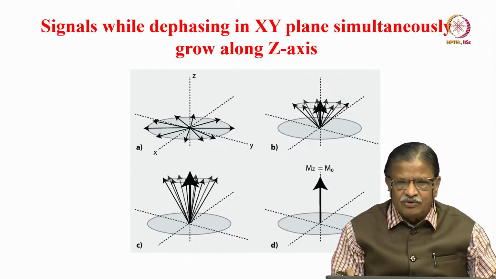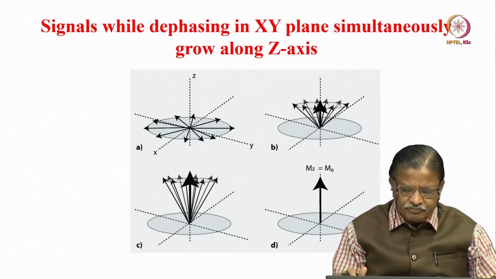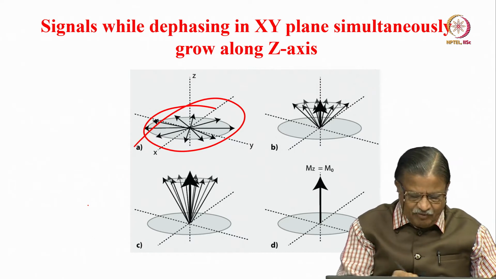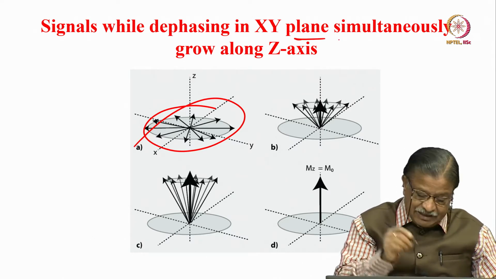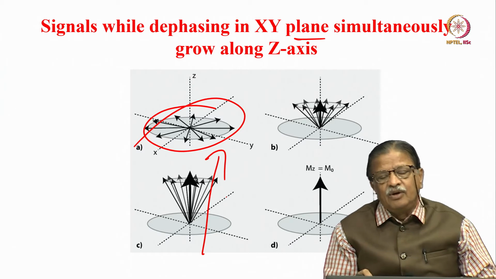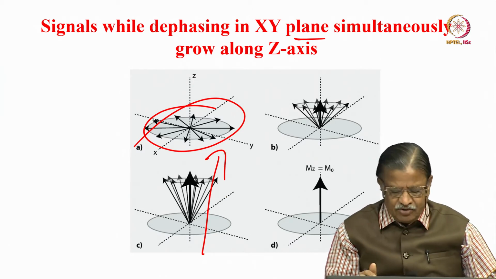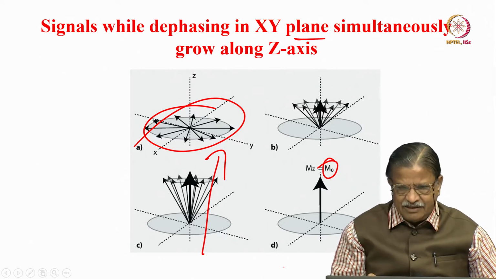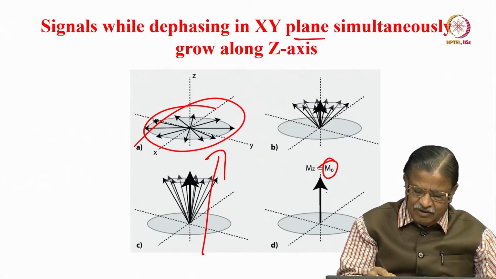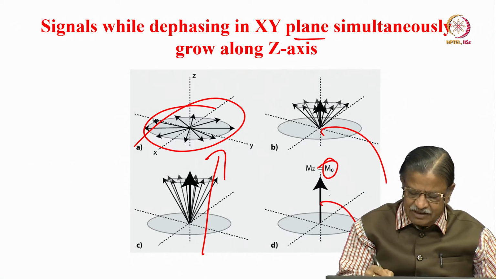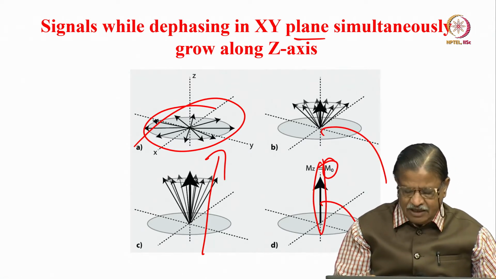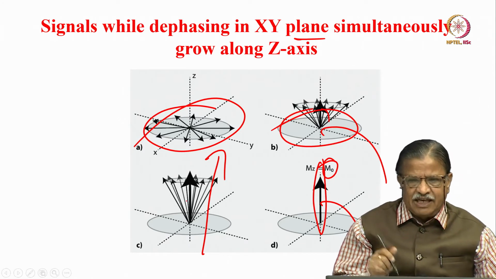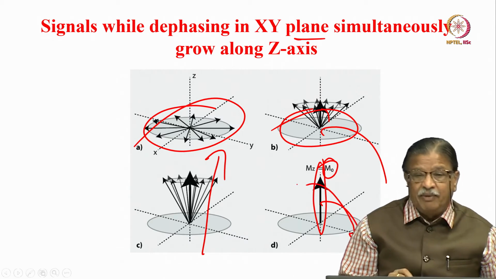So now we have understood two phenomena. One, there is decoherence in the xy plane. At the same time, while undergoing decoherence, the magnetization starts going back along the z-axis. The initial magnetization was M0, that is a Z magnetization. Once you bring the magnetization to the x-axis, there won't be any magnetization along the z-axis. Now because of decoherence, there won't be magnetization in the xy plane, and magnetization starts going back to the z-axis.